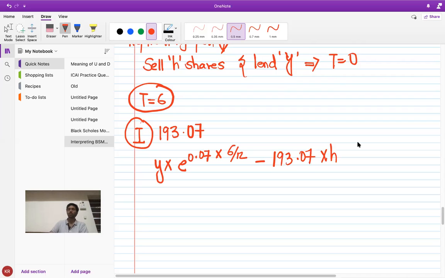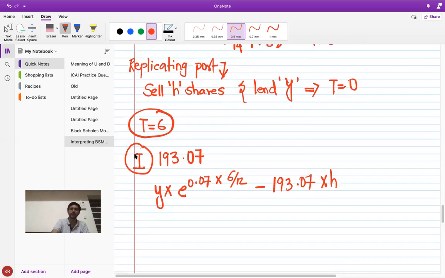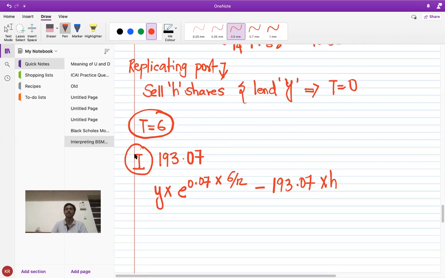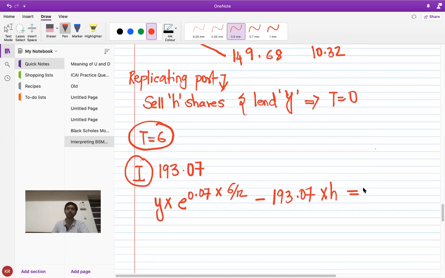Now when I'm trying to say that I want this to be a replicating portfolio, I'm basically trying to say that the payoff of this portfolio should be equal to the payoff of a put option. Only then will this portfolio be called a replicating portfolio, right? So this payoff of the replicating portfolio, I am equating it to the payoff that the put option will have